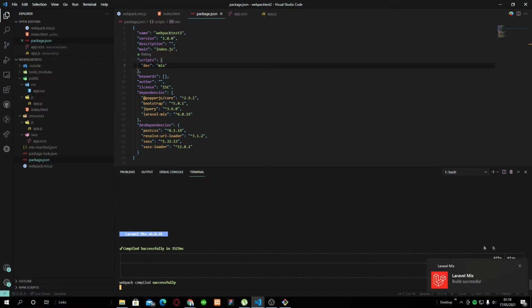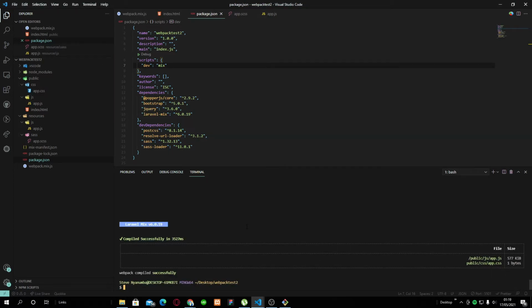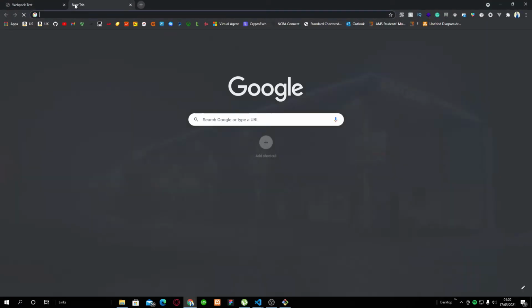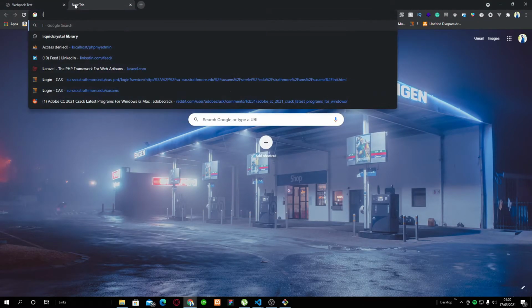So it does that and everything runs successfully. But now every single time I change anything in my JavaScript, I have to run that command again. So Laravel Mix has something to cater for that, and that's called a watch autoloader. Inside the Laravel Mix CLI, if I was to show you how it looks, I'm going to go to Laravel